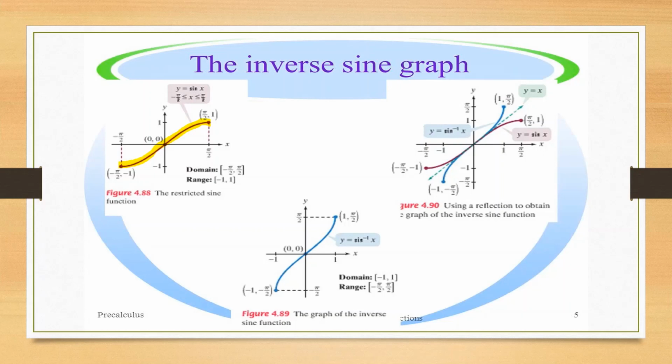So here the property of inverse function says that this is sine inverse x. The range will become the domain, and the domain will become the range. Okay, so this way we can take these values, and the graph will be like this. Now the graph of this inverse sine function and your sine function are mirror images of each other on the line y is equal to x.